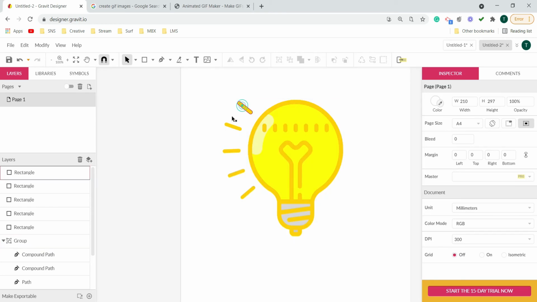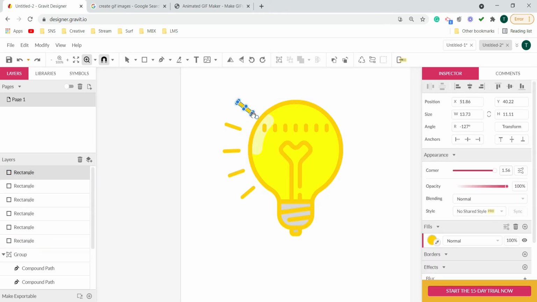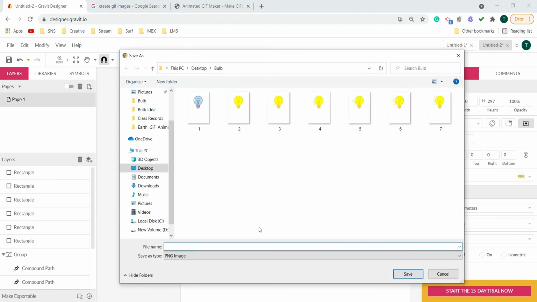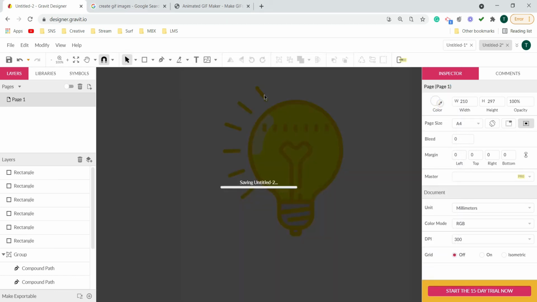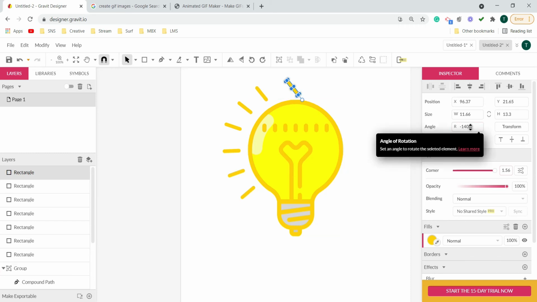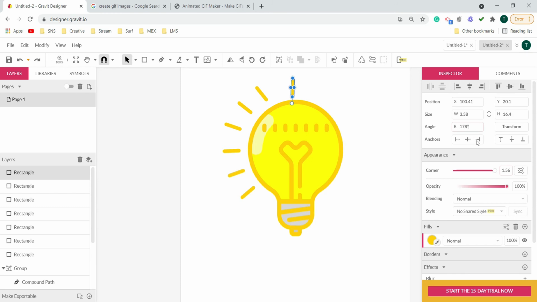Okay, one over here, around like this. Export, and one over here into the center. I'll give the value minus 180 or so that it will look exactly right.